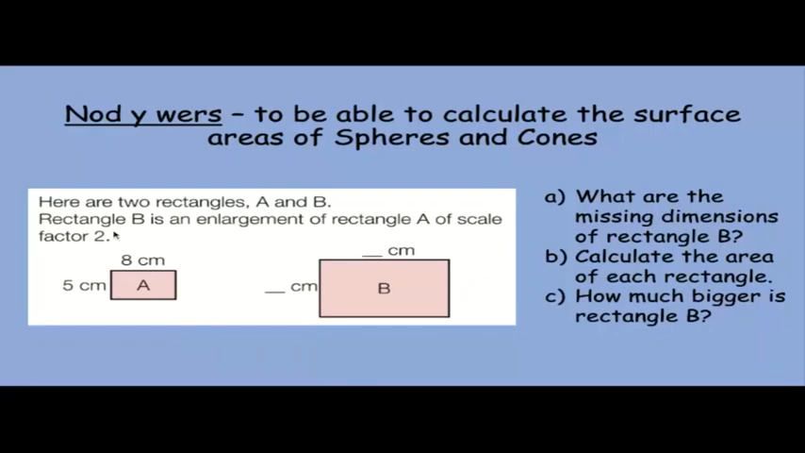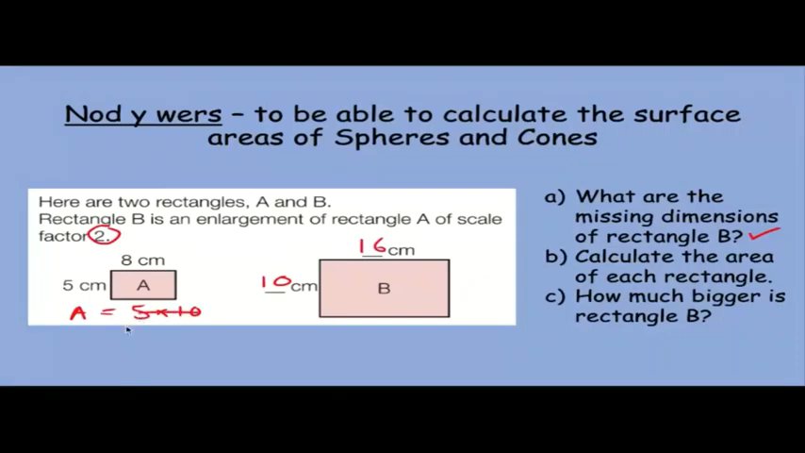Okay, so welcome back. So we've got our linear scale factor is 2. So that means these lengths are twice the size in this rectangle. So 8 times 2 is obviously 16. 5 times 2 is 10. That was easy. So then the area of each rectangle, so the area of A is